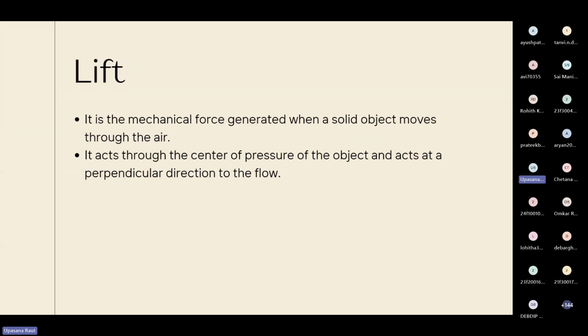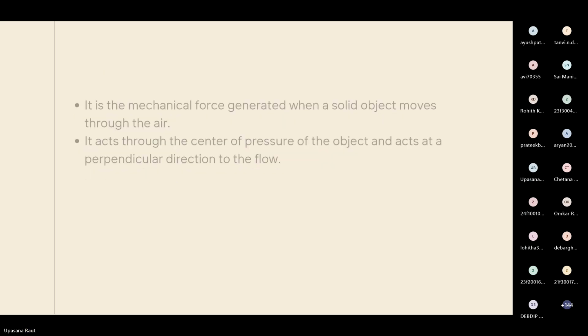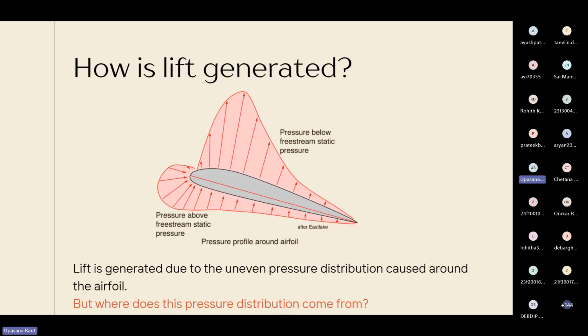It acts through the center of pressure, and it always acts perpendicular to the direction of flow. How is it generated? When an aircraft flies through the air, there is a pressure gradient created around it. This pressure difference is what causes lift. So when above the airfoil, the pressure is